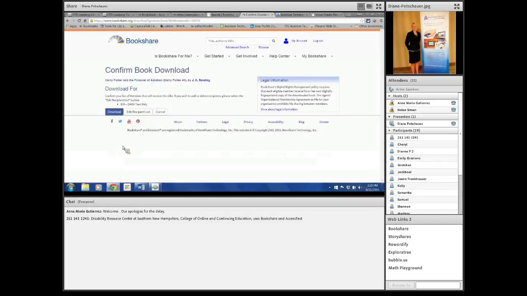It confirms once again the list of members, or the member from the list of members rather, your student, the format, which is DAISY, and download. Now again, the step prior, if you wanted to change that format to just audio, which is MP3, or refreshable